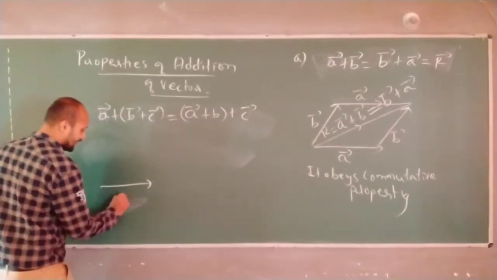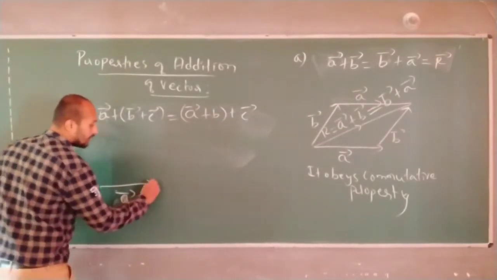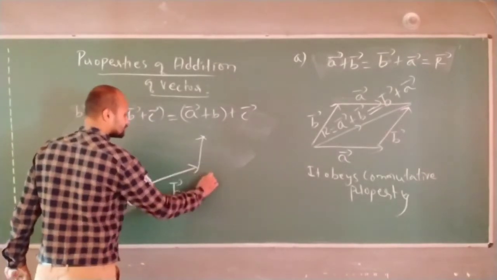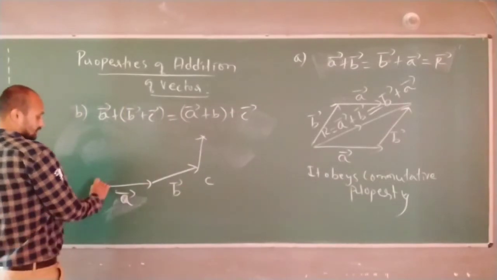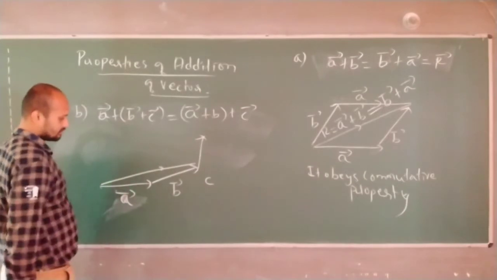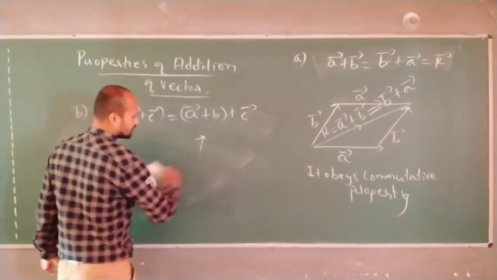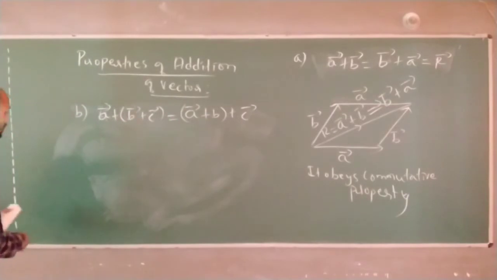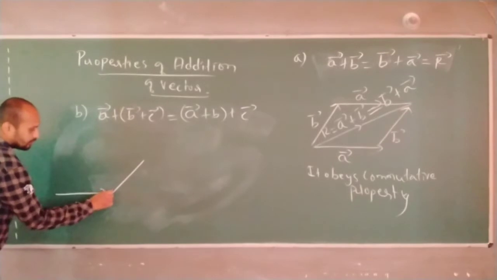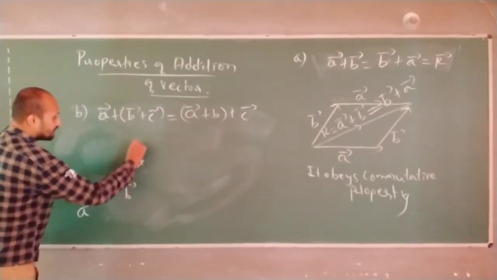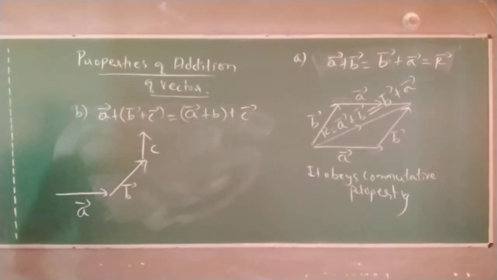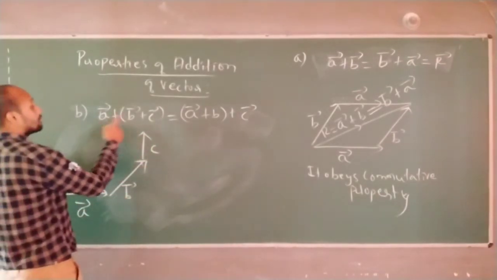See here, if I take this is vector A and this is vector B and this is vector C. Got it now? What is this line? This line is A plus B. Correct now? I have to draw it two times. See here, I will draw it very clearly. This is vector A. Let's say the vector B is like this and vector C is like this. They are like A plus B plus C.